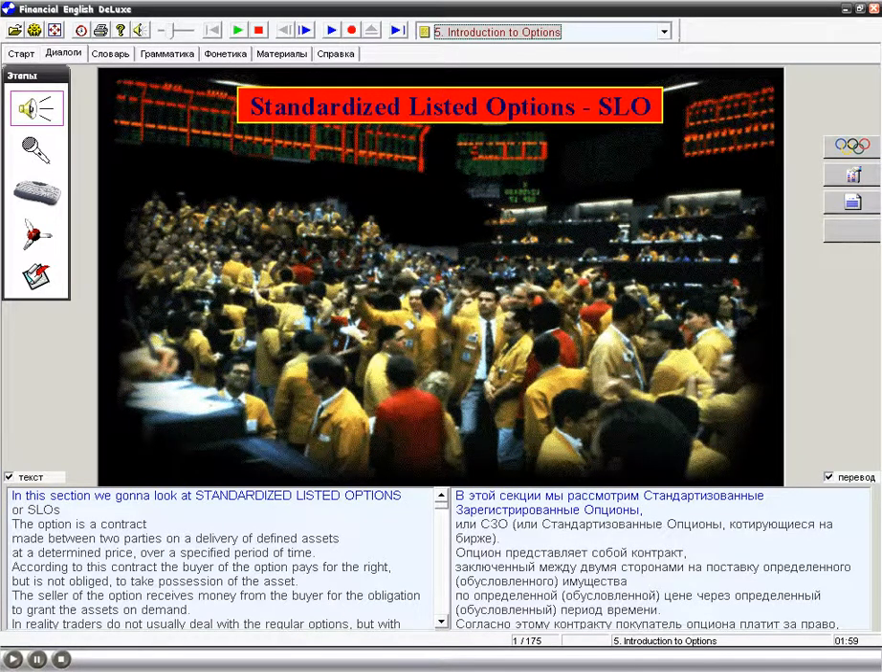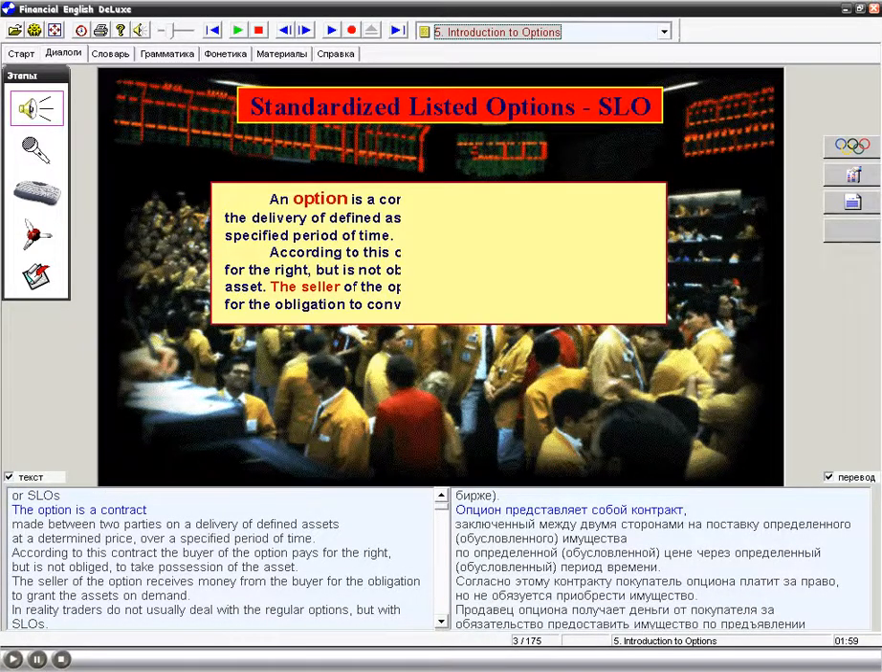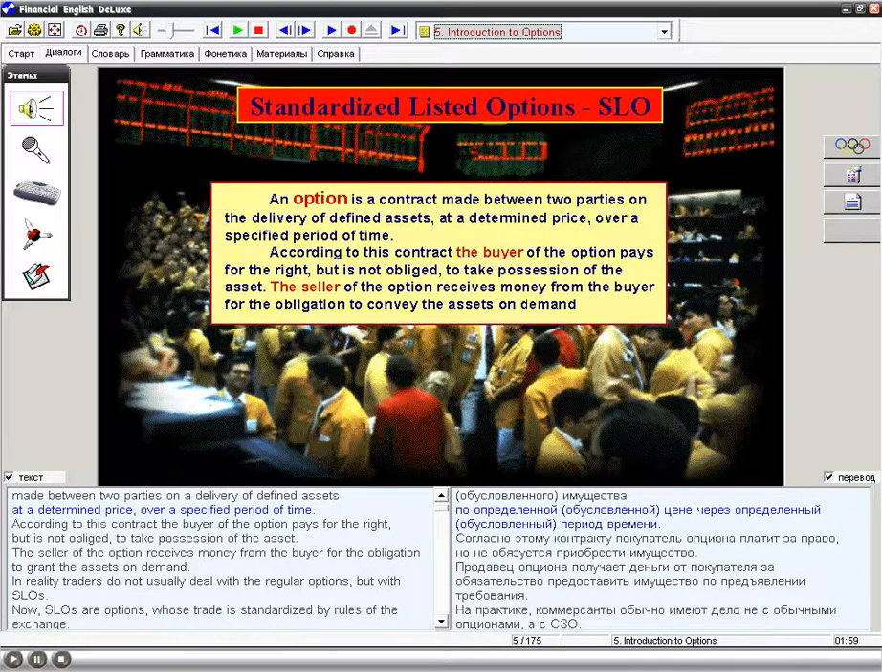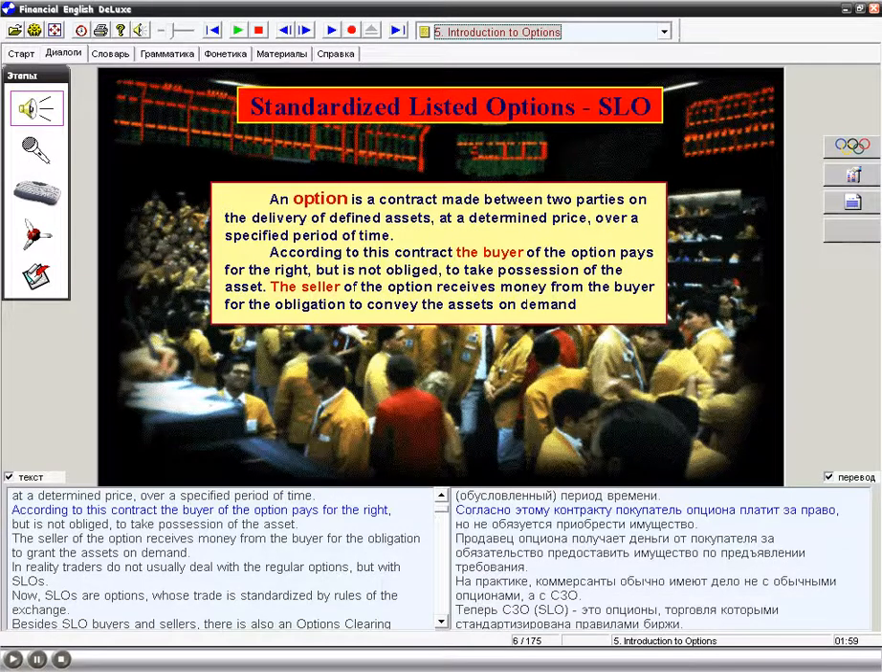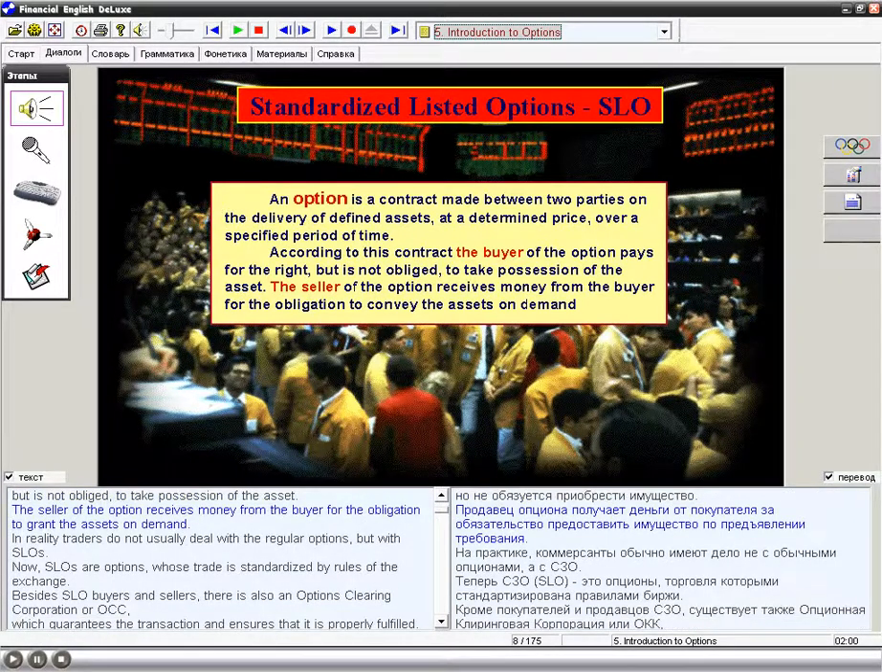In this section, we're going to look at standardized listed options, or SLOs. The option is a contract made between two parties on the delivery of defined assets at a determined price over a specified period of time. According to this contract, the buyer of the option pays for the right, but is not obliged to take possession of the asset. The seller of the option receives money from the buyer for the obligation to grant the assets